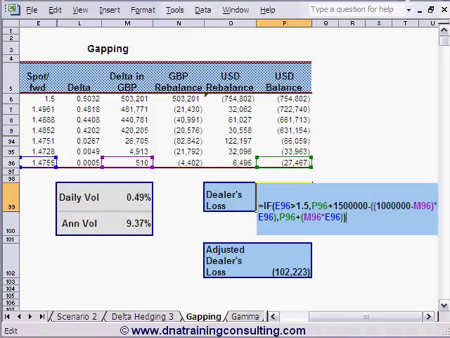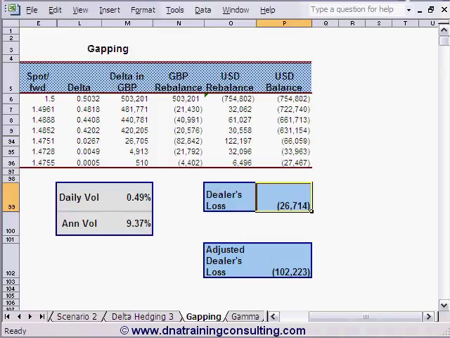calculated through this rather complex formula here as essentially the net result of liquidating the remaining 510 pounds at the current spot rate of 1.4755 and using those few dollars obtained from this final liquidation to pay down a portion of the short dollar position in cell P96, leaving, as we said, the trader with a net loss of